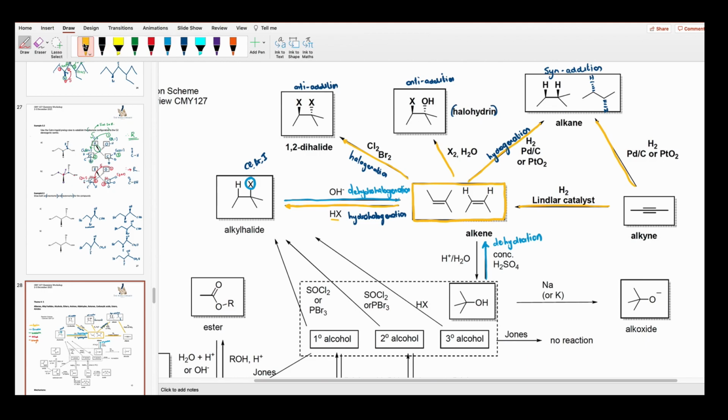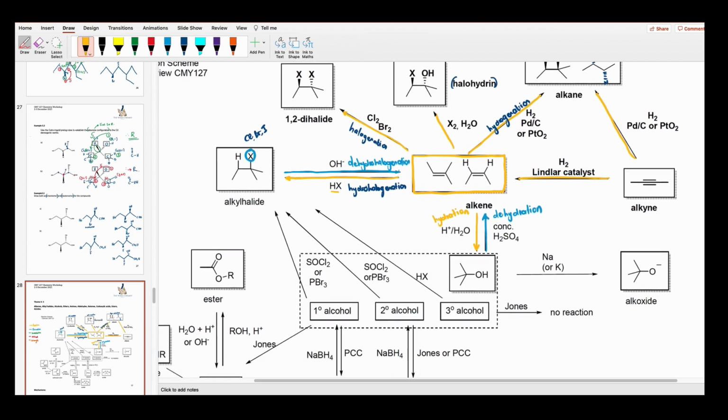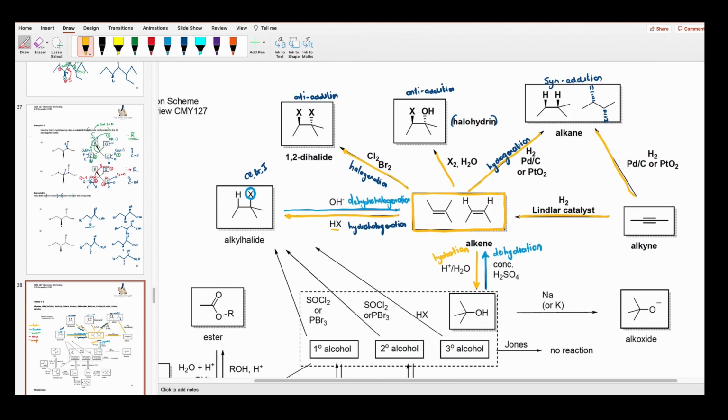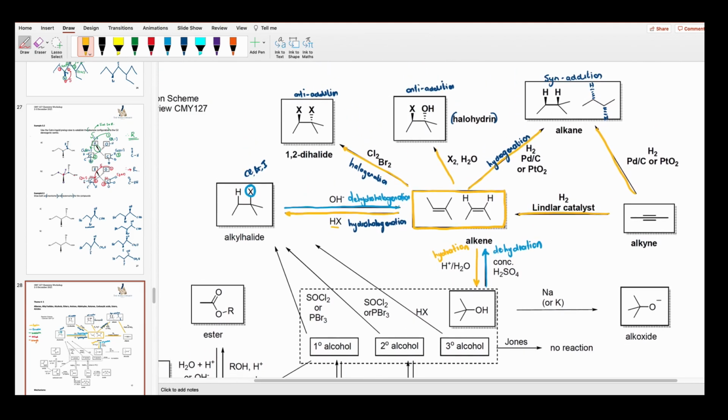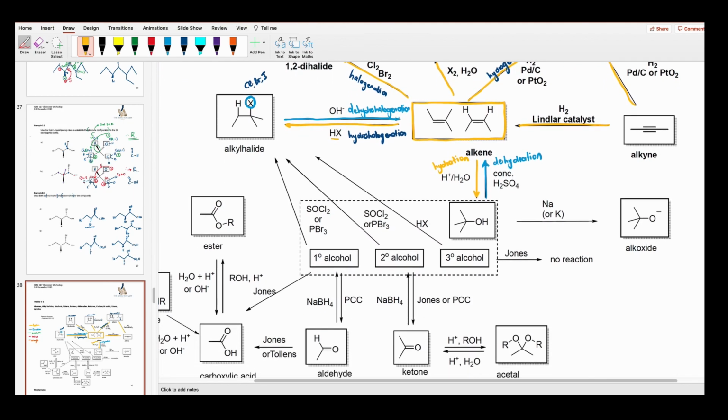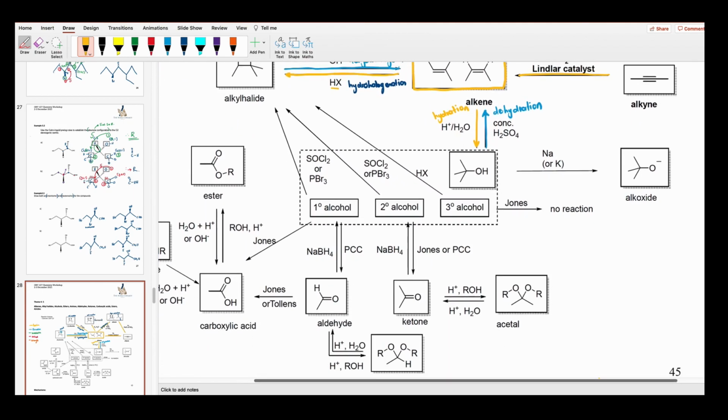Oh, I see that I've missed another addition reaction. If we go down and we add water in that, this is just a normal hydration. That's just a normal hydration reaction. Okay, that's the addition and elimination that you will see in theme 4 and 5. And now if we look at what we have in the second part here,